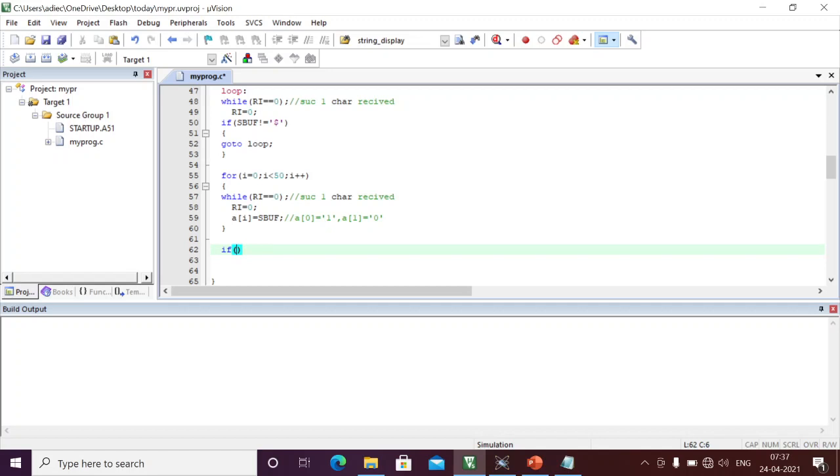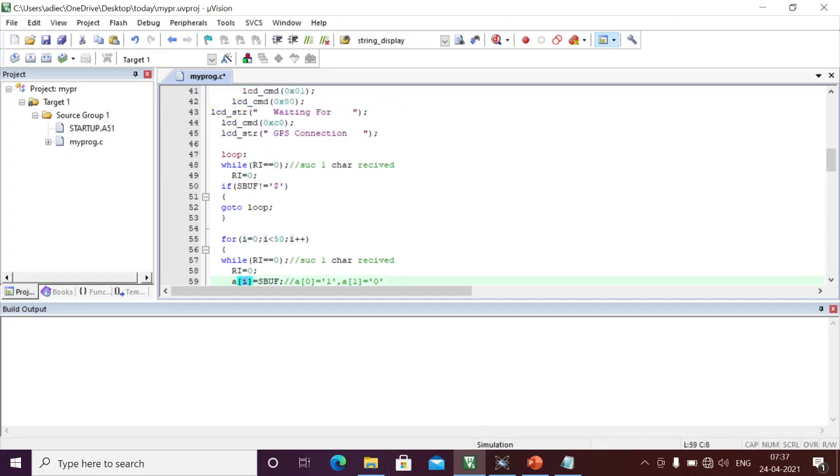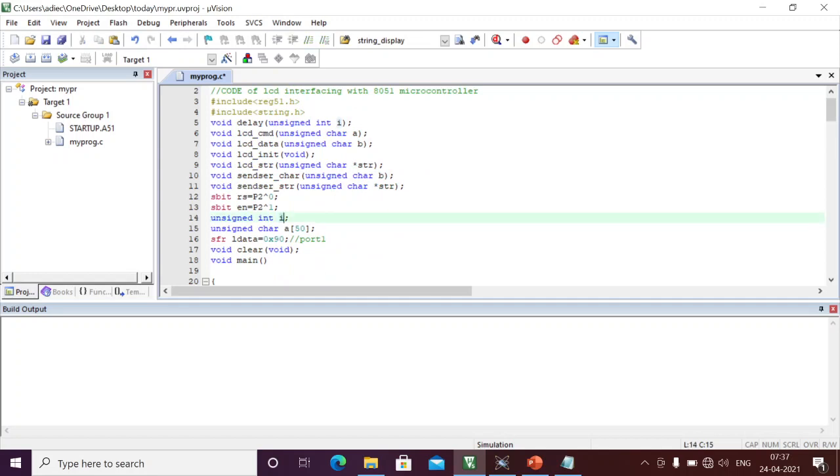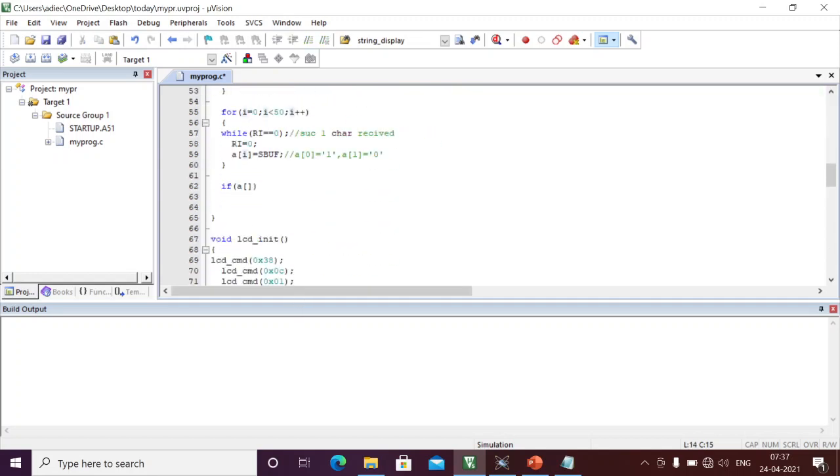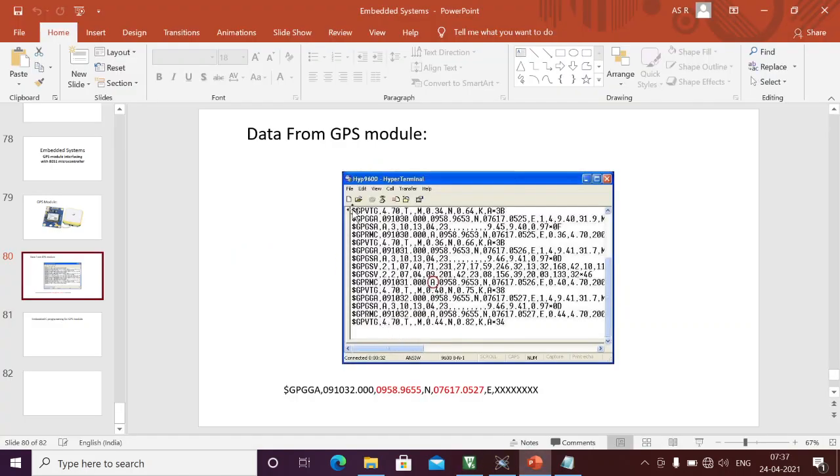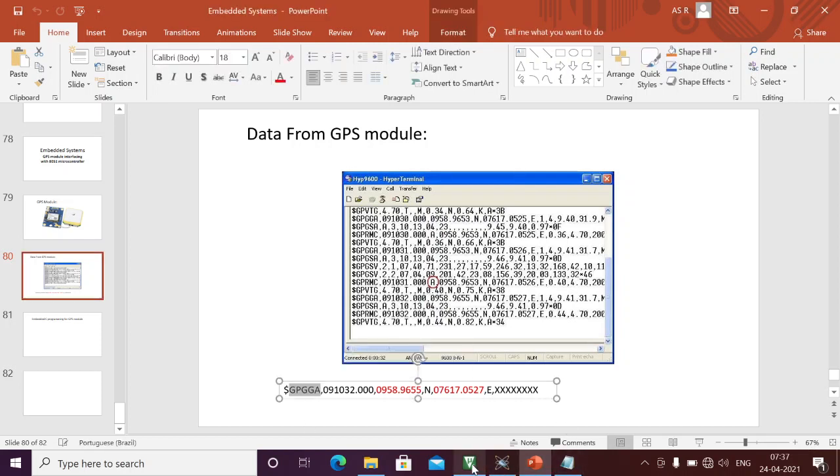Okay, here I am going to write some programming. Here, array of 0, I am just picking up the complete data. Initially my I value is 0, and here array of 0 is nothing but double equal to dollar GPGGA. Okay, for example, if it is starting with GPVTG, this also I am going to pick up, and for example, this also I am going to pick up. Whenever I receive GPGGA, then only am I able to pick up this longitudinal value and latitudinal data. Okay, I should check whether it is GPGG or not.